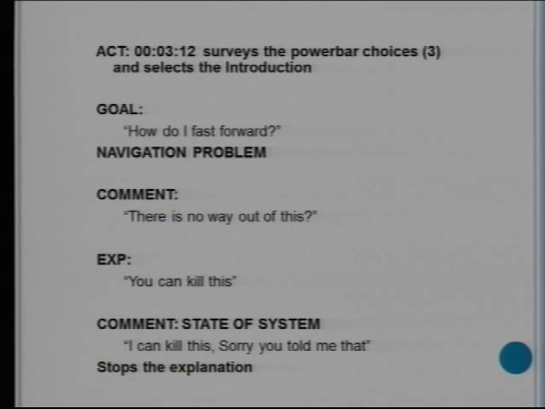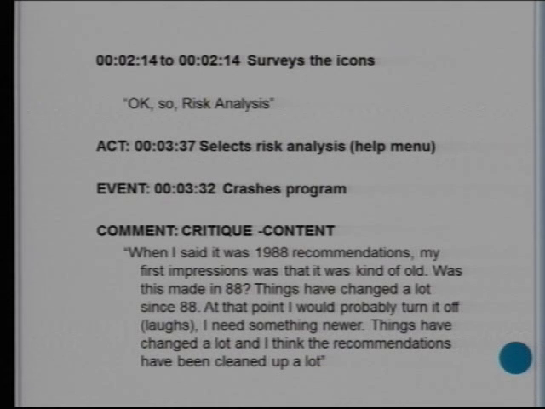That comes from our dictionary where we define navigation problem, and we can even do things like inter-rater reliability and have 2 coders do it and come up with a kappa coefficient. We only do that if we're publishing usually. But this is nice because we can code for different issues that are usability issues. So we can say, for example, 80% of the users that used Module 1 of this EHR had an average of so many navigation problems. It focuses you, and when you take it back to the developers, you can go right to the video section and show them where this occurs. There's no way out of this, and then the system actually crashed.